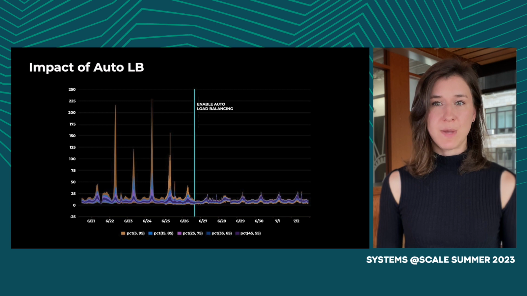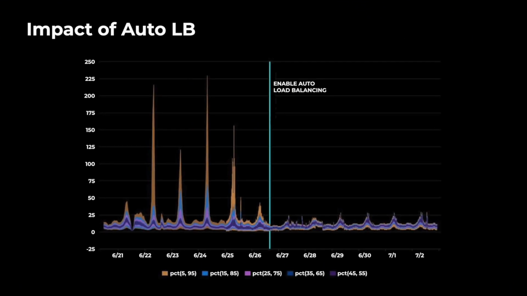We can see what the impact of automatic load balancing is on one of the major services running at Meta in this chart below. The y-axis here is the spread of load between different hosts in a service. So a larger spread here indicates that there's more load imbalance. Some hosts are underloaded while other hosts are overloaded. In an ideal scenario, there would be no spikes whatsoever, and every host in a CPU-bound service would be running